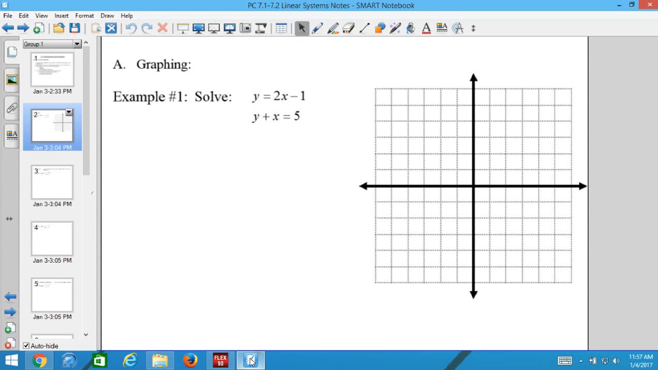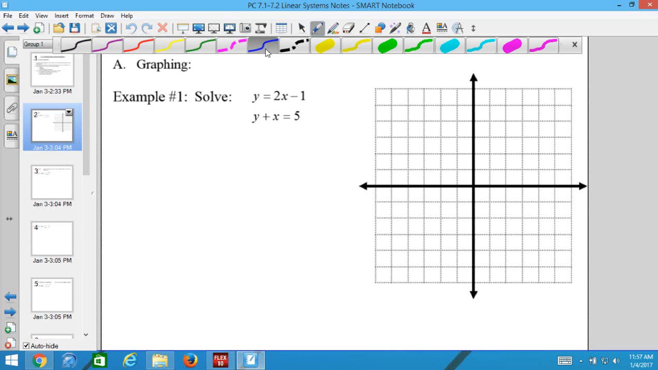These are all linear, so they're all lines. So if we have two lines, when we graph them, we could have two lines that intersect. We could have two lines that never intersect. And then there's one more option. Do you know what it is? Do you remember what it is? Two lines that what? Are the same. Okay, so